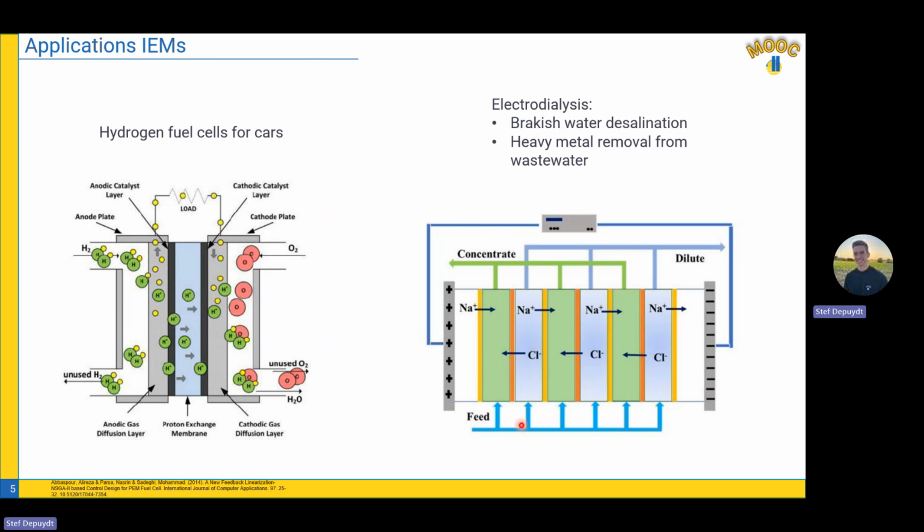What happens is we have a feed coming in here. Here we have, for example, sodium chloride. So we are now desalinating brackish water. We have here a compartment with a cation exchange membrane on the right and an anion exchange membrane on the left. The sodium will be able to permeate through towards the cathode, and the anion will be able to permeate through towards the anode. So this way we are creating here a diluted compartment, while on the other side here,